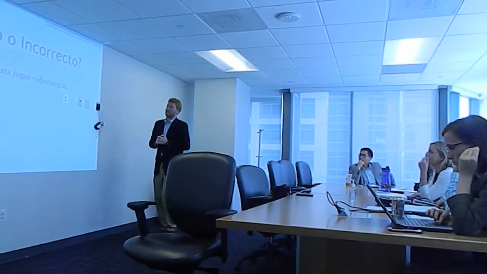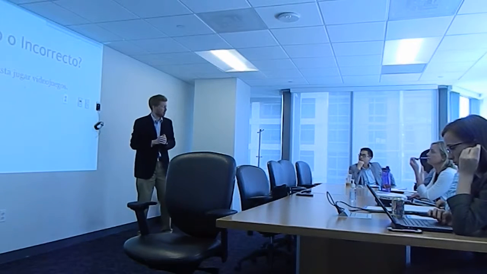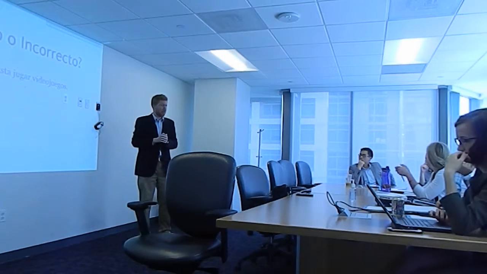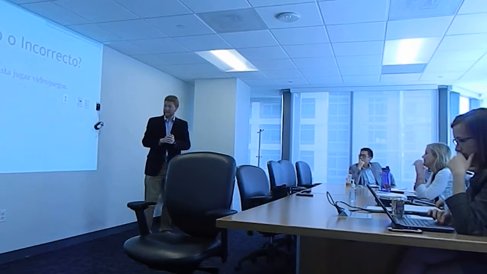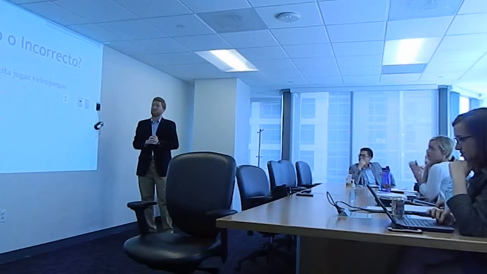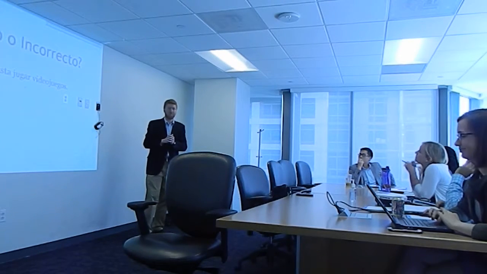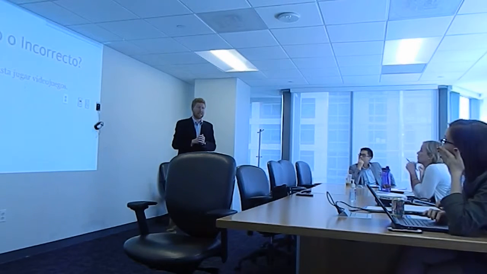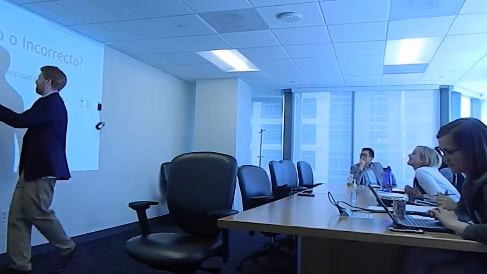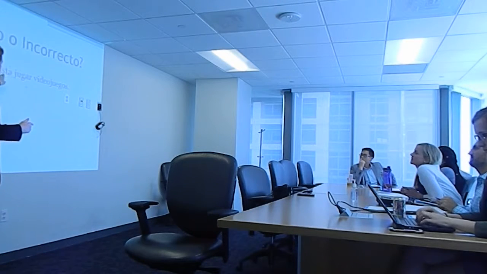Next one, last one here. A nosotros nos gusta jugar videojuegos. ¿Qué son los videojuegos? Videojuegos. Video games. Madden, la FIFA, sí. A nosotros nos gusta jugar. ¿Correcto o incorrecto? ¿Alguien sabe? Correcto. Right? A nosotros, to us, nos gusta jugar. Okay? Remember, if you have a verb after gusta, it's singular.